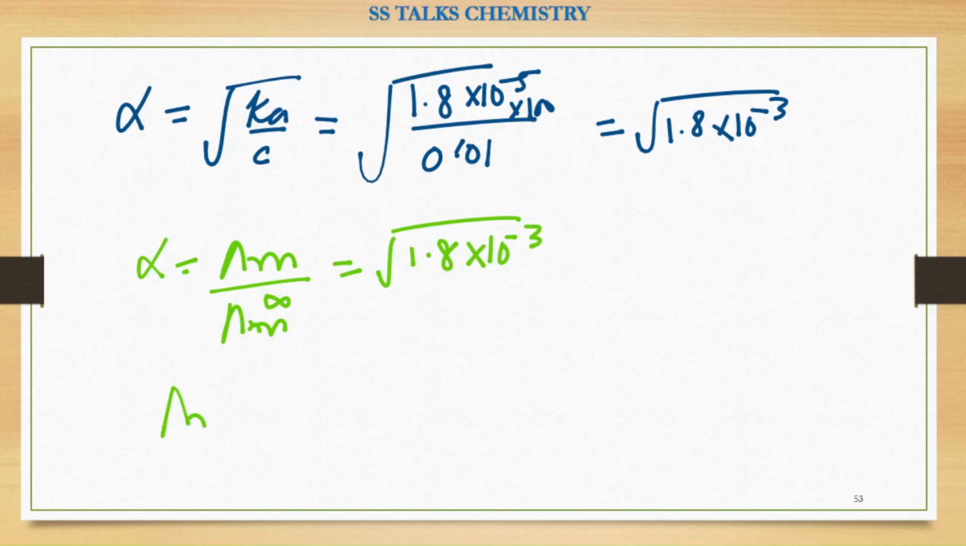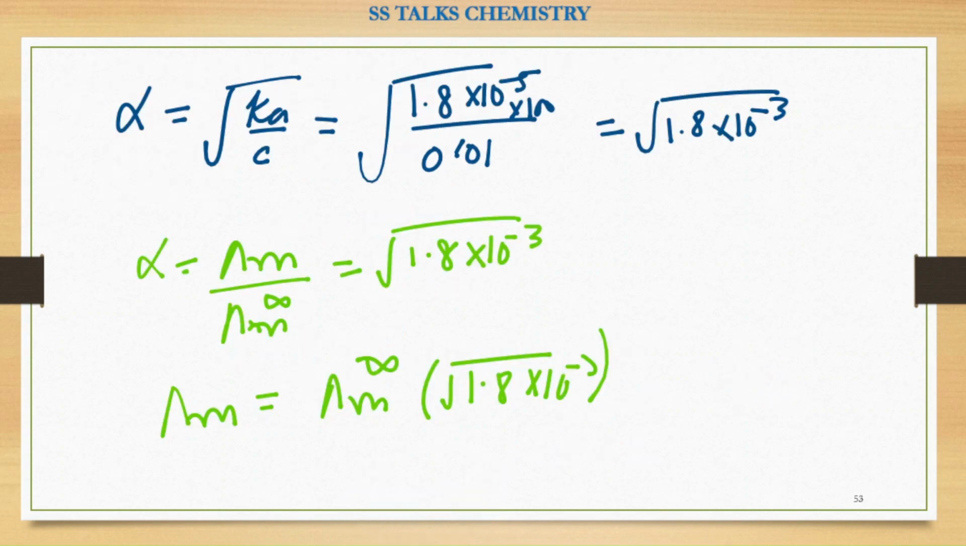So from here, the molar conductance of the 0.01 molar electrolyte solution we can find out. Multiply this with the infinite dilution value that is already given to us. Here the value at infinite dilution is 390, so it is 390 into this particular factor. So here you will be getting the answer. Okay, so solving this, the answer we will be getting